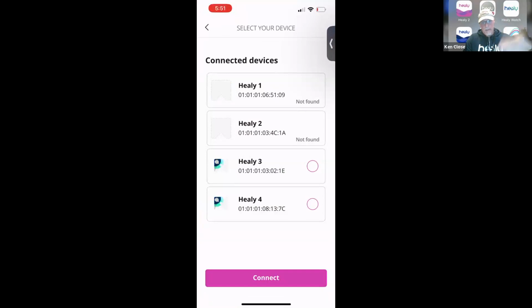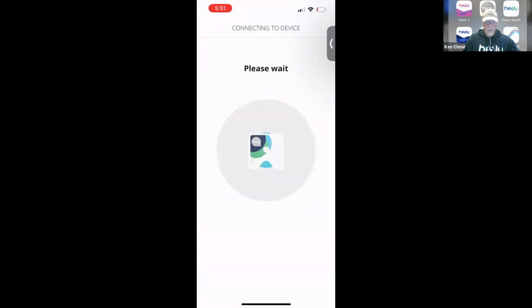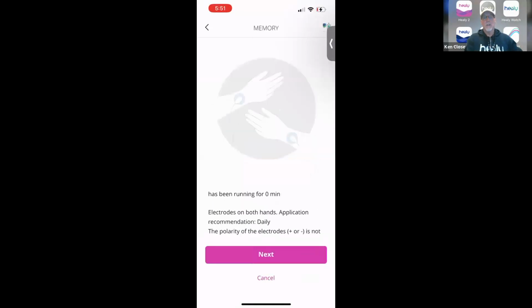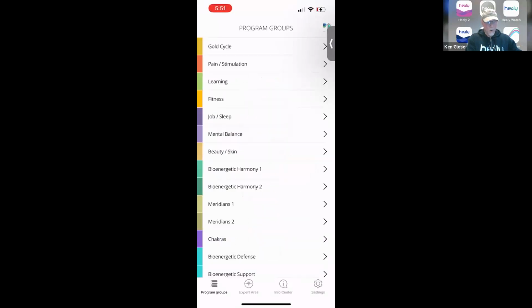Well, I just opened the pink app here. It shows the different devices I've been connected to in the past. I'll go ahead and choose one and connect to it. I'm going to show you quickly a couple of things. One is how you know if you are getting current flow, which is part of the question. And two, how you can test the hardware to see if there's some problem perhaps with you or whatever you're connected to. All right. So here's our list of programs.